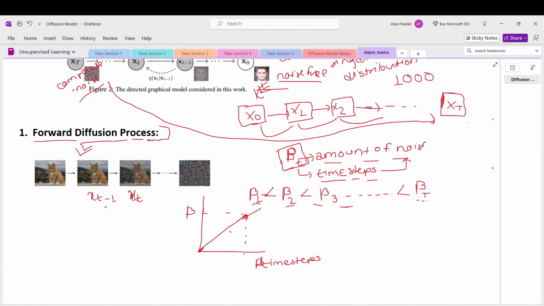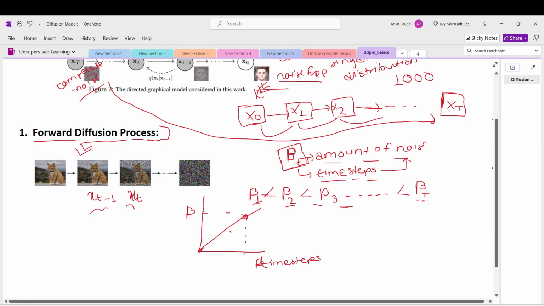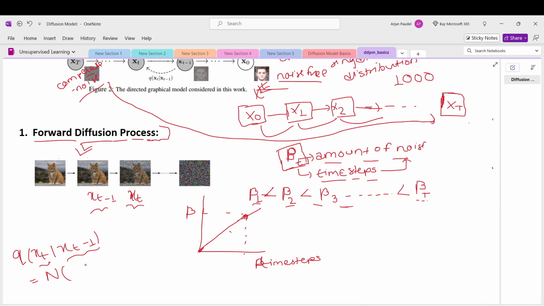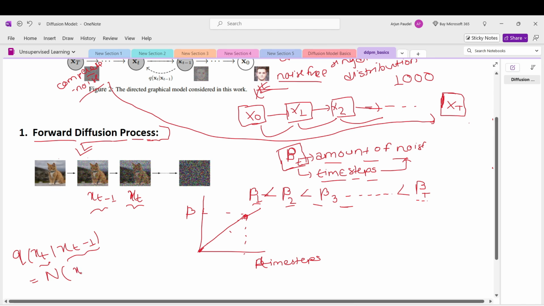So given x_{t-1}, we want to go to x_t, which actually means giving a noisier image. I will predict the more noisy image if you give me the less noisy image. So we are telling it to predict this more noisy image given this one, and this will have a Gaussian form, because we are adding Gaussian noise, and it will take the Gaussian form with x_t and two parameters, which are the mean